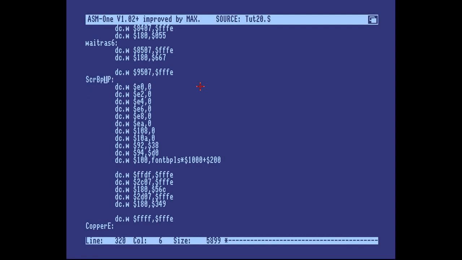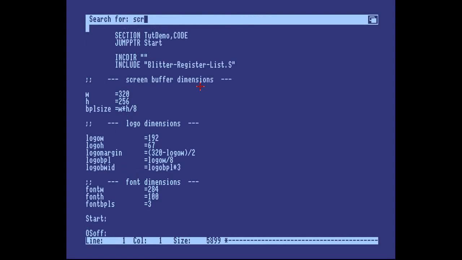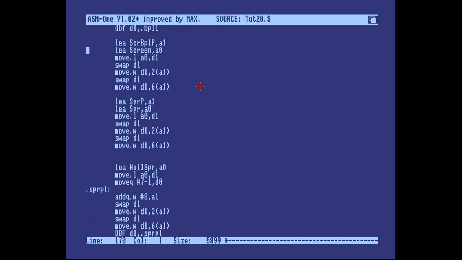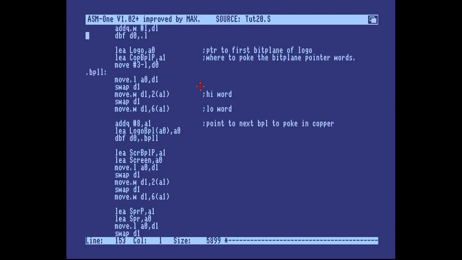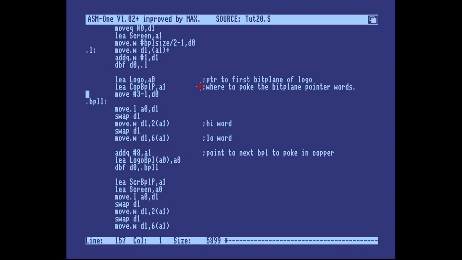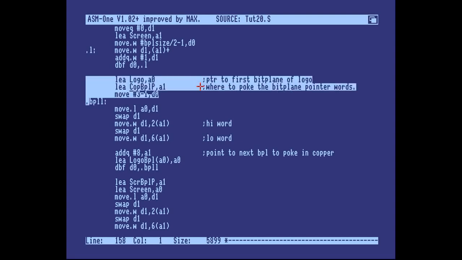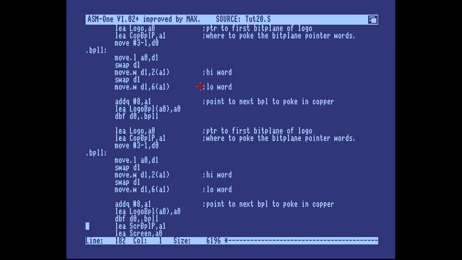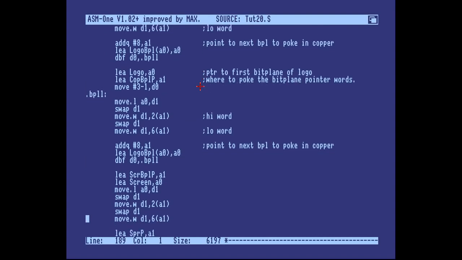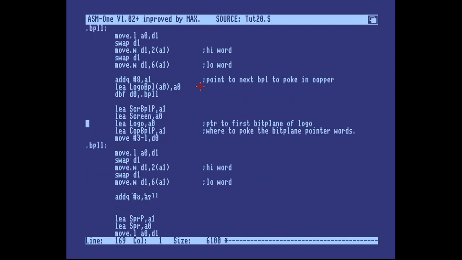So we're going to search for this label. And there it is, and we should have a loop around that, right? We have one of those for the logo. So why not completely replace this one-off bitplane pointer setting that we have here, and we're just going to keep the destination pointer,